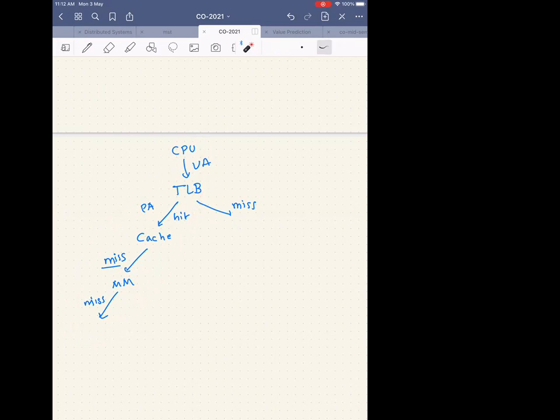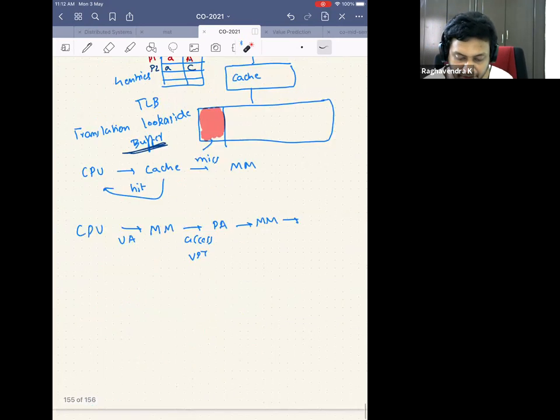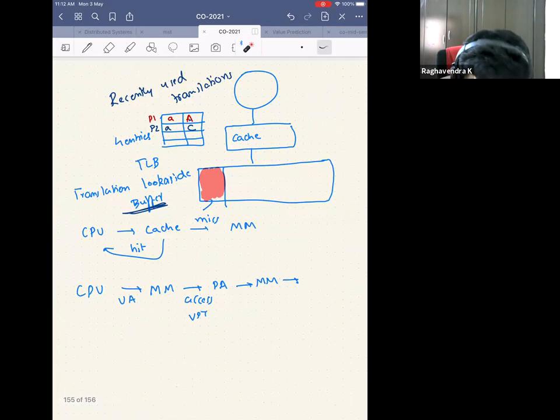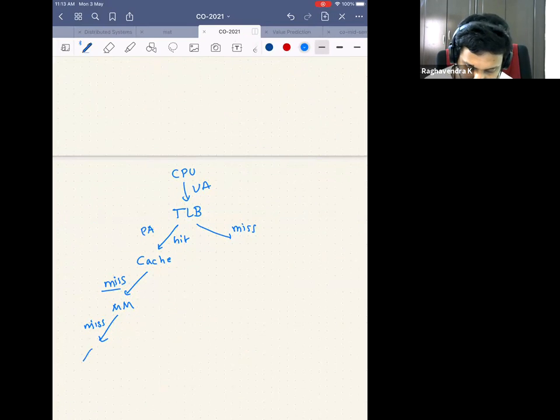Can there be a miss in the main memory? No, sir. Why? Because there was a hit in the TLB. In the buffer, the page is already registered, right? So when will you register it? Only when you have brought that in, which means you are now translating this. Maybe I got a hit here, which means it is in capital C. So this capital C is already there, so there is nothing called a miss in main memory. This does not exist. Is everybody convinced that this does not exist?